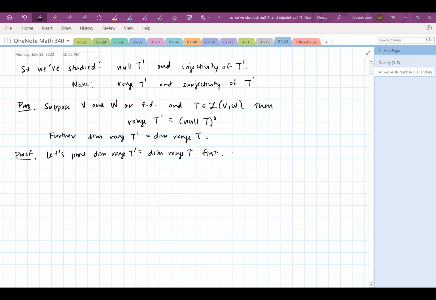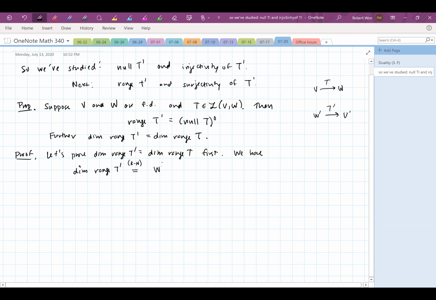Well, we have the dimension of the range of the dual map. All right, so let me just point out that T goes from V to W, T dual goes from W to V dual. But by the rank nullity theorem,